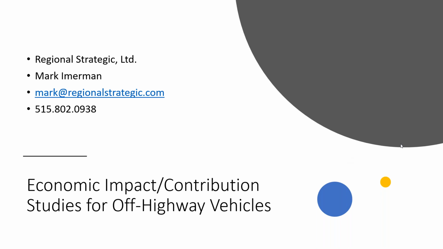This little presentation is going to take a quick look at economic impact and contribution studies, how they get put together and how they work. Then we're going to take a little bit of time to look at a recent study that Regional Strategic did for the Iowa Off-Highway Vehicle Association. I've got about 22 slides on economic impact, how it works, and what we did in Iowa. And then I've got a few slides on the demographic information and policy information we collected in Iowa. If we run out of time, we will just skip the last 6 slides or so. So here we go. Next slide, please, Laura.